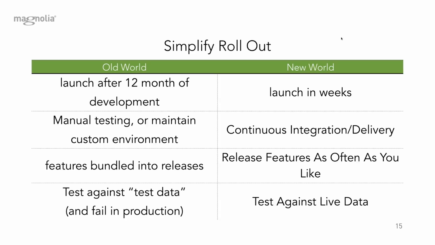It used to be that people would bundle features, so you'd have feature requests, and I think that's pretty much the status quo today. Marketing or business says, we need this, we need that, we need a new carousel or a new teaser, things that aren't content but functionality. And you would bundle those things into releases, even though some of it would be fairly easy to do and to deploy if you just had the right environment. And with Magnolia Now, that's no longer necessary.